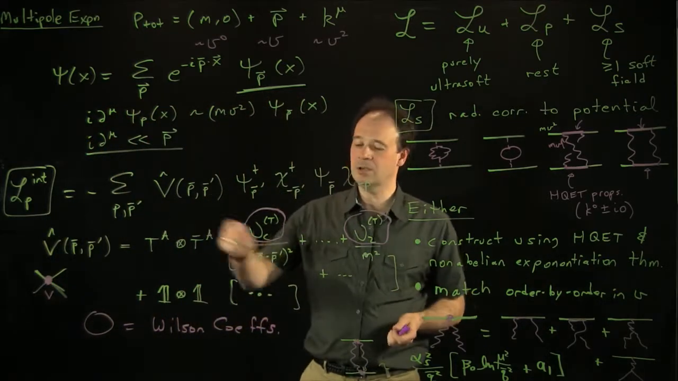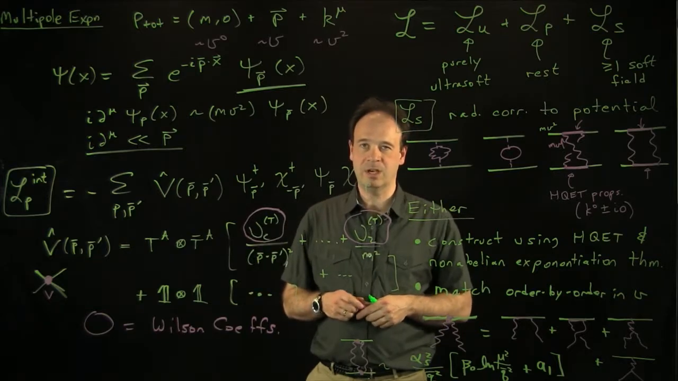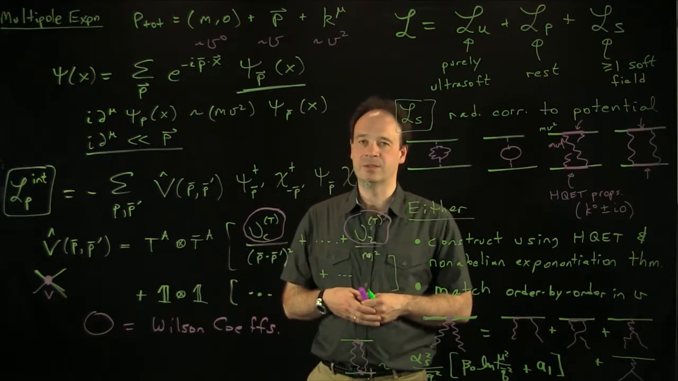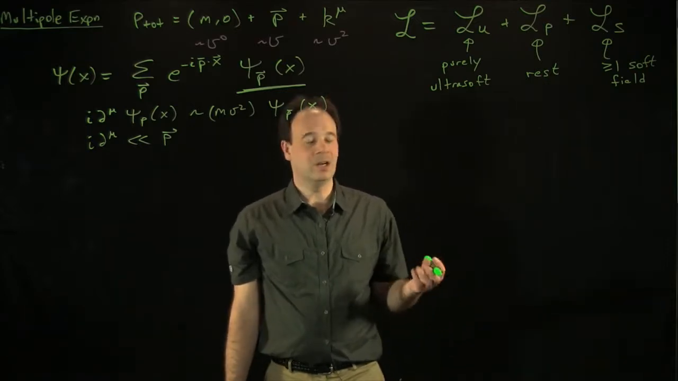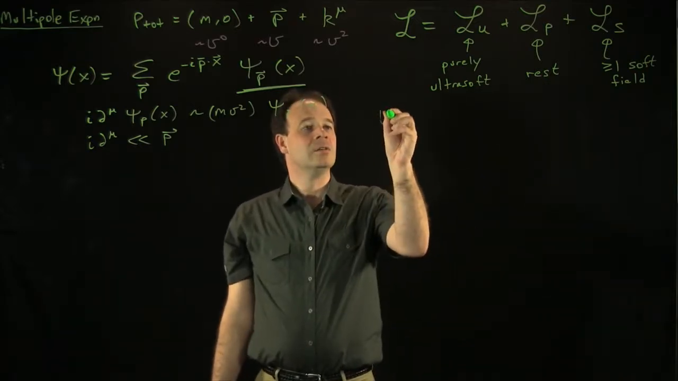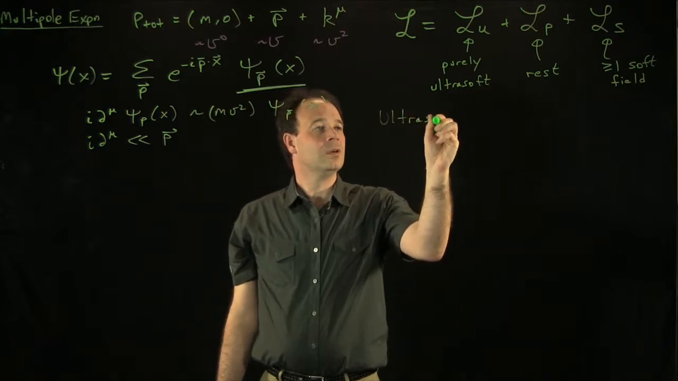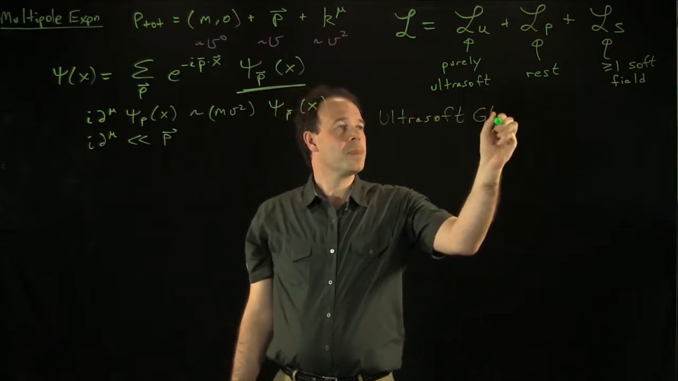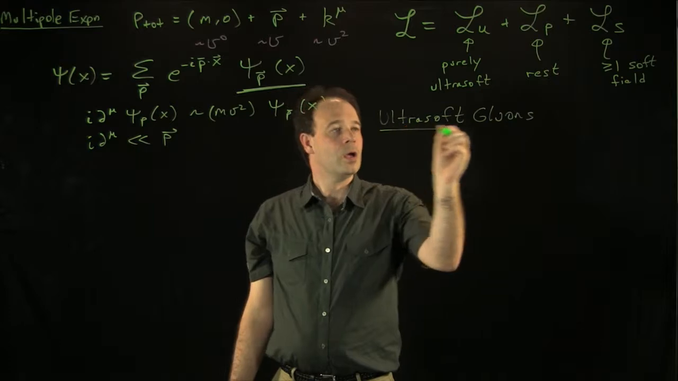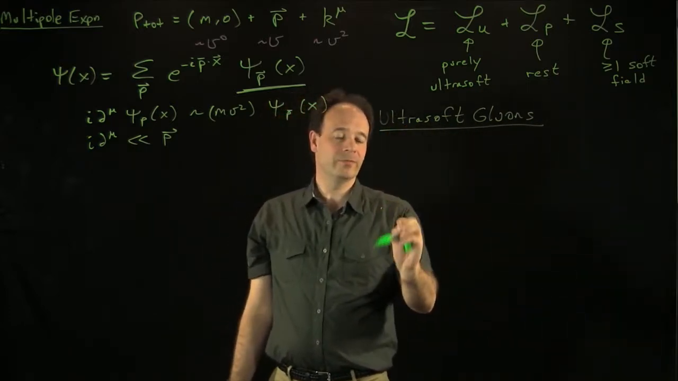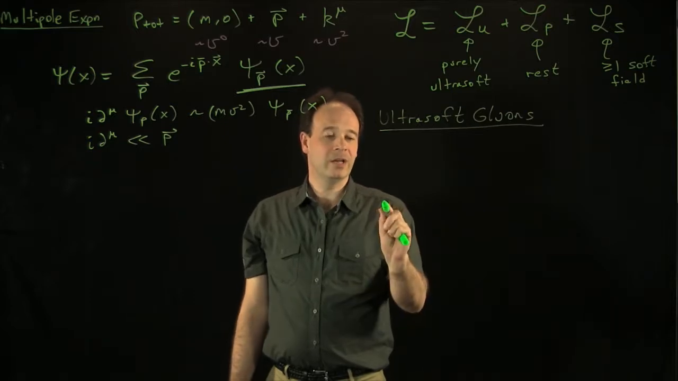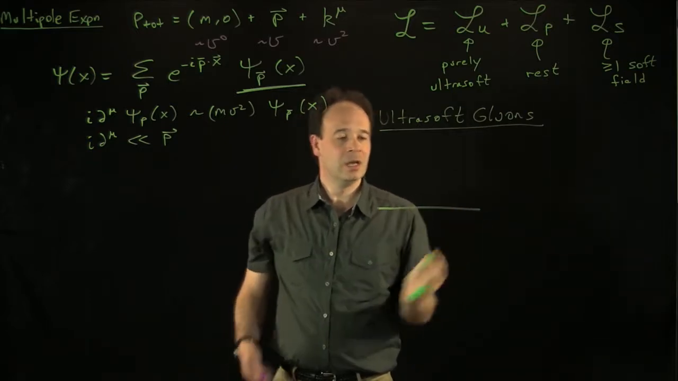OK, so that's the LP interactions. The next thing that we need to talk about are, of course, the ultrasoft fields. The final thing that I want to talk about is the ultrasoft gluons. So let's turn to them. These are a type of interaction where, for example, I could have my potential fermion, and then I